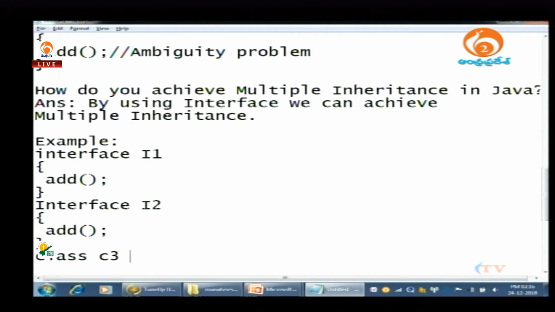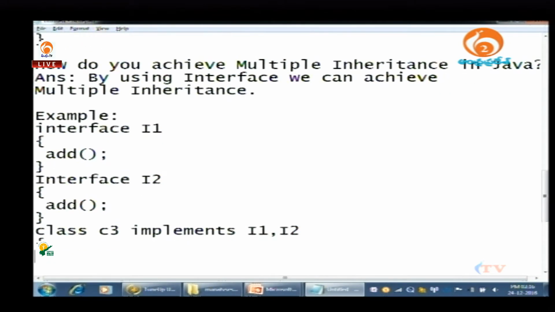We have to use the implements keyword: implements I1 comma I2. But while we are implementing the interfaces, we must provide the implementation